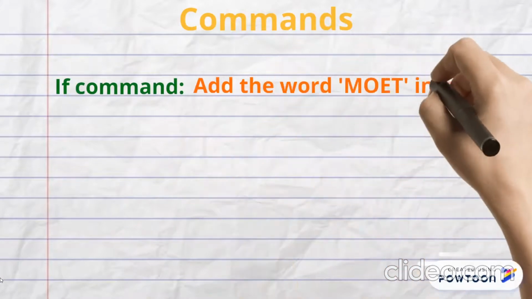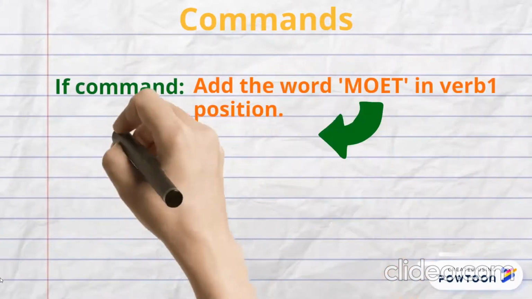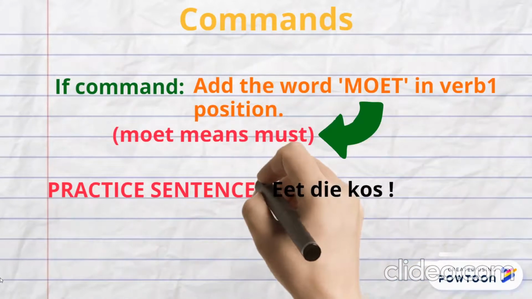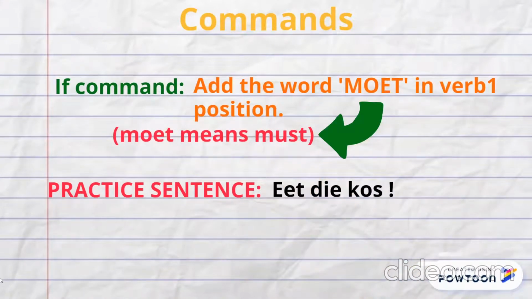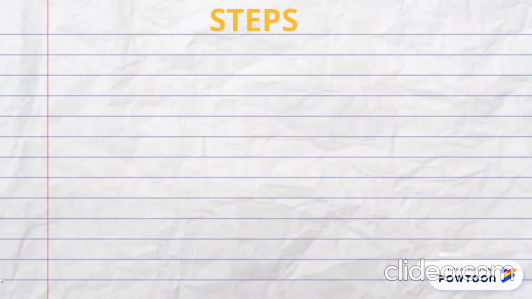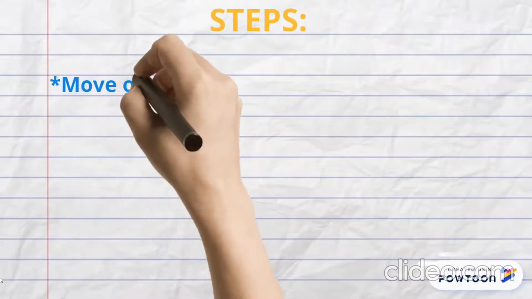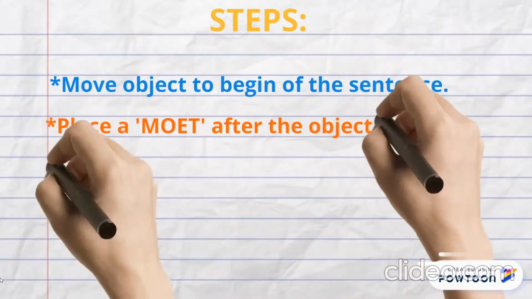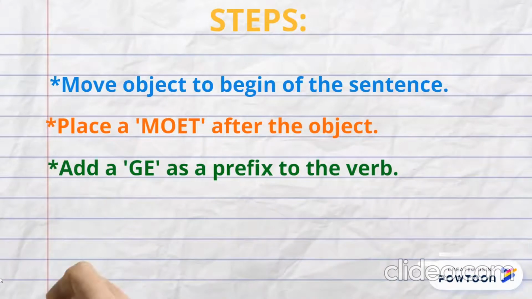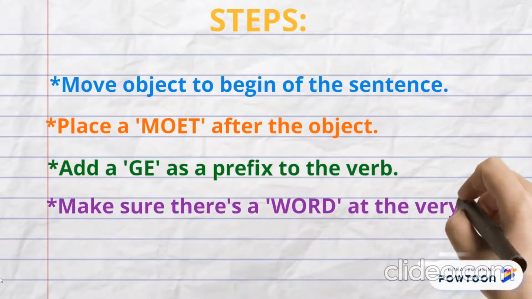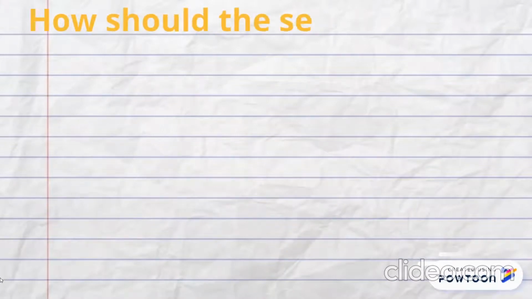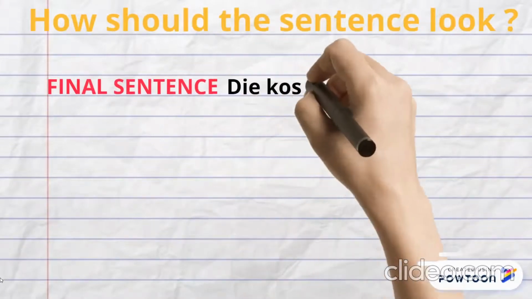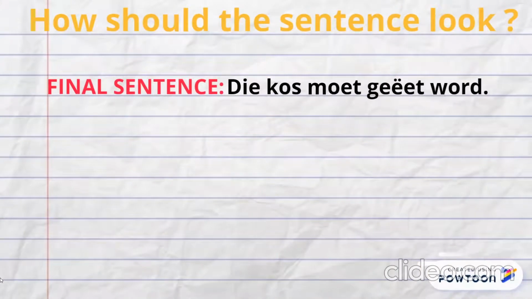Lydende form becomes a bit more tricky when the sentence contains a command. When dealing with commands, we add moet, which, although it may seem tricky, all you really have to do is move your object to the beginning of the sentence, add a moet after it, make sure your verb has... If you did all these